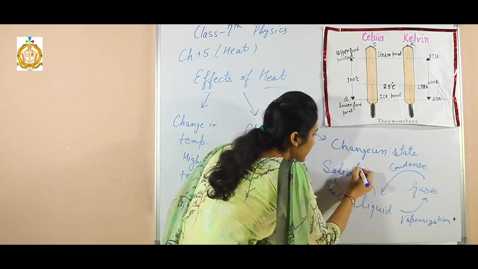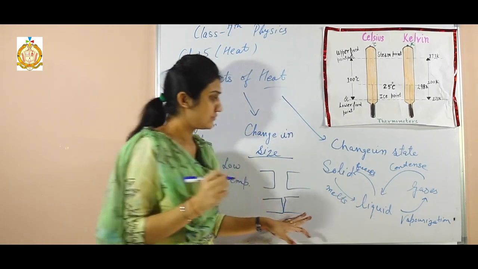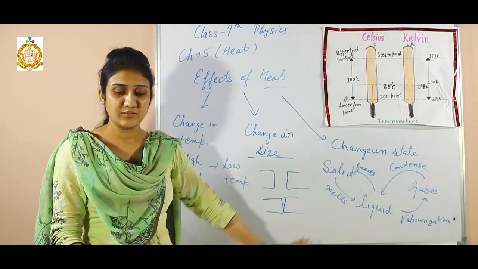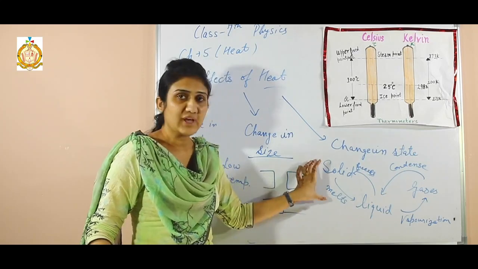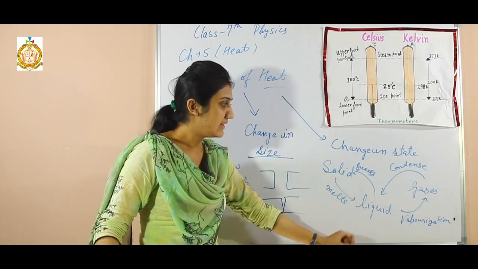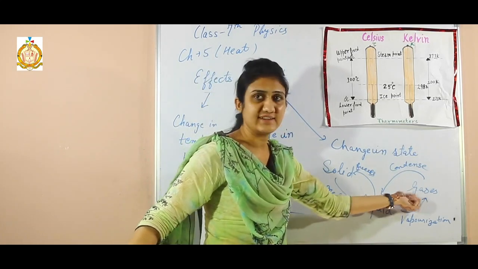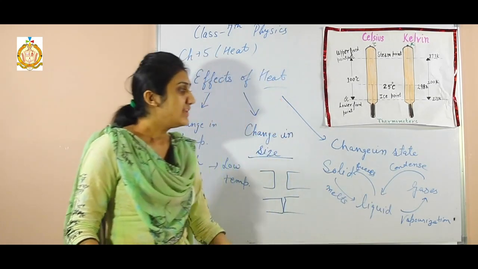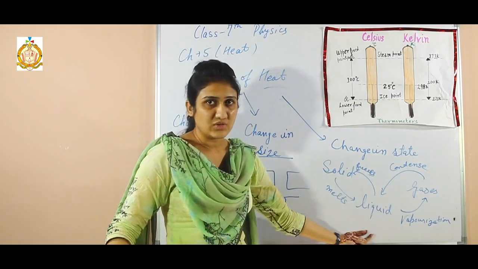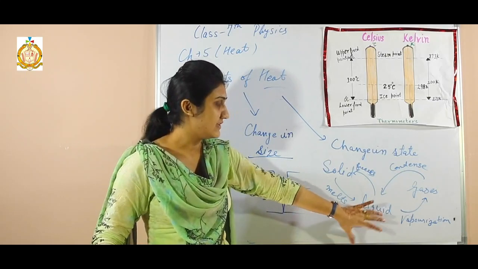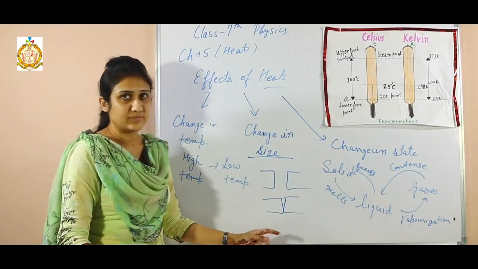You can take the example of water. When ice melts, it converts into water, and then from water, that is liquid, it converts into water vapors, that is the gaseous state. And when water vapors condense, they form liquid, that is water, and when water freezes, it forms ice. So in this way you can relate the concept.